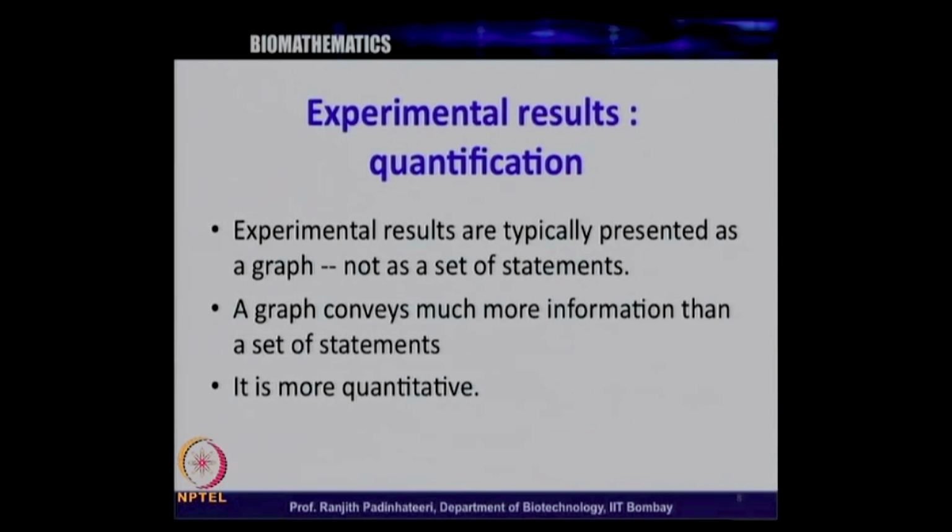And why is it? Why don't we present just this table and not any graph at all? For all experiments, why do we need a graph? The answer is that the graph can convey much more information than a table can convey. So that is the idea. The graph is much more quantitative. Instead of what we say in a set of statements, the graph can convey much more information in a quantitative way. So that's why we use graphs, and this idea of plotting a graph is kind of the first step,